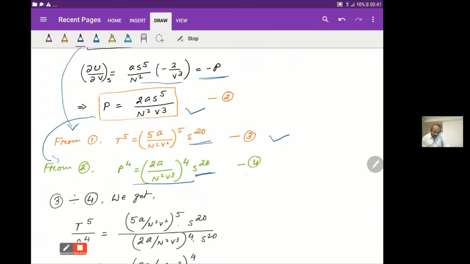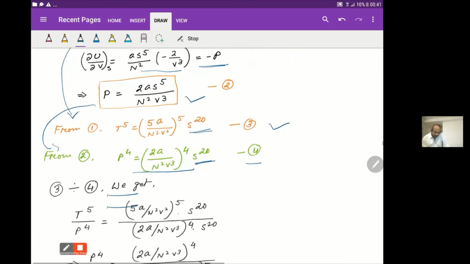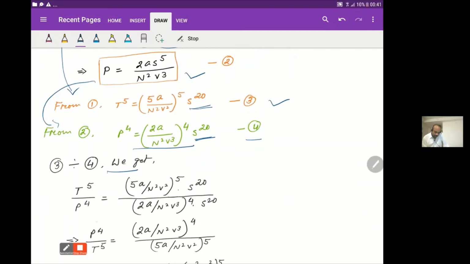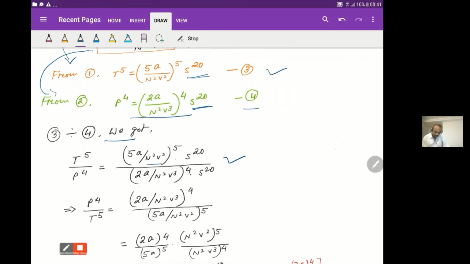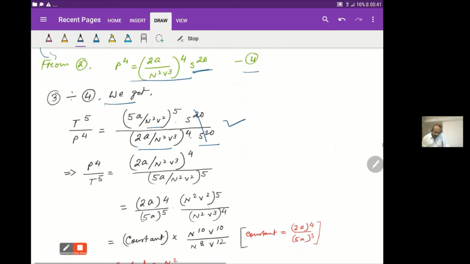So dividing 3 by 4, we get T to the power 5 by P to the power 4. That is equal to (5A by N square V square) to the power 5 times S to the power 20, divided by (2A by N square V cube) to the whole to the power 4 times S to the power 20. So now we can cancel out S20, S20. That gives us (2A by N square V cube) to the power 4